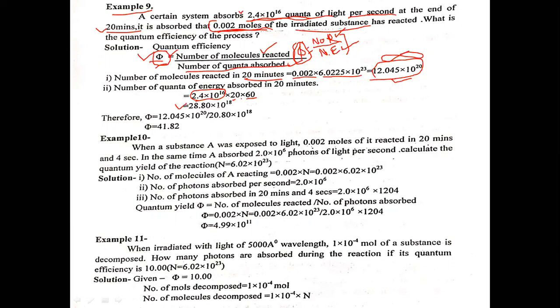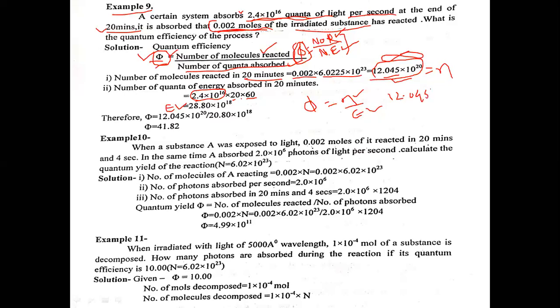28.80 इंटू 10⁻18. Okay, so now you know the two terms. One is energy absorbed and then number of molecule reacted. So you know the two terms here. So put this value in this equation. So this phi is equal to N upon E, N is the number of reacted molecule and E is the photon energy absorbed. So at 20 minutes, this term means